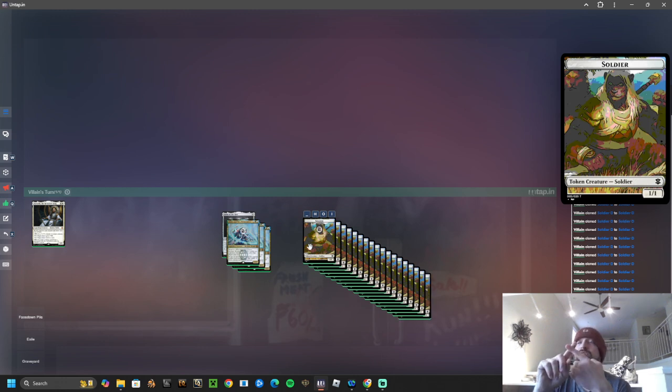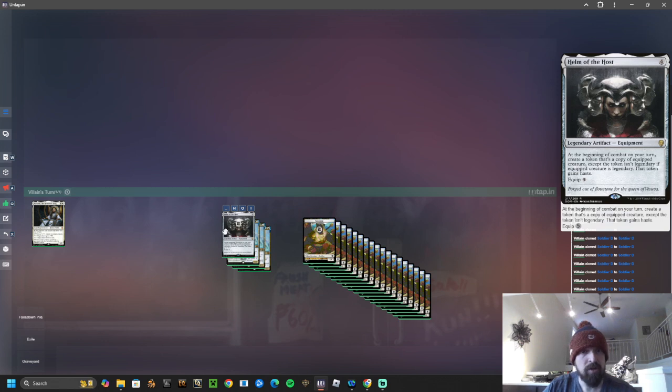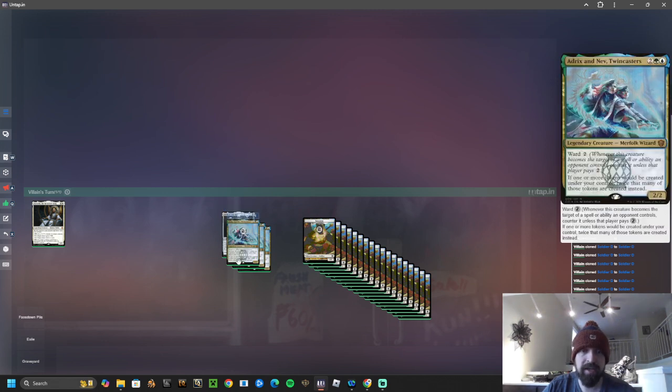So we got 12 plus 4 plus 2. 12 plus 4, 16, 18. So think about it. And then next turn, when this goes to combat, we create an Adrix and Nev. But because of our Adrix and Nev, we create 2. And then 4. So we would create like 18